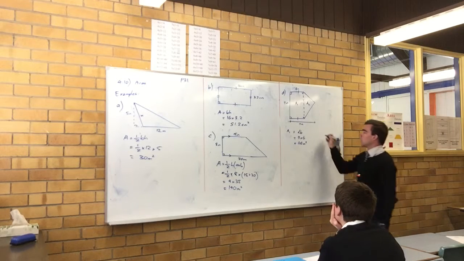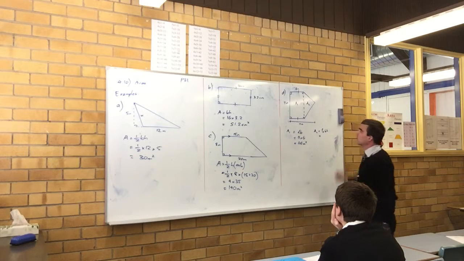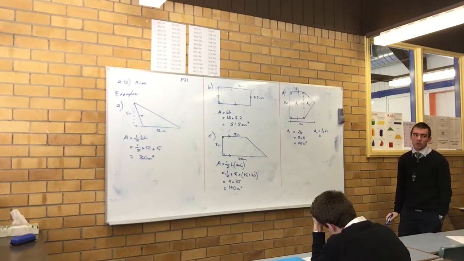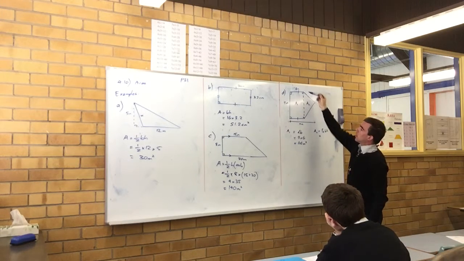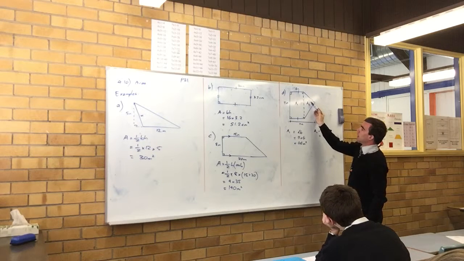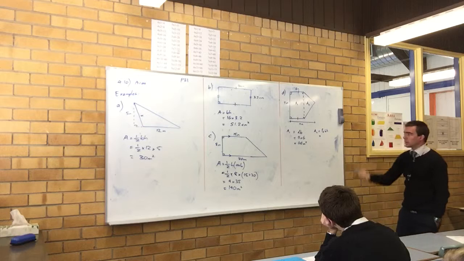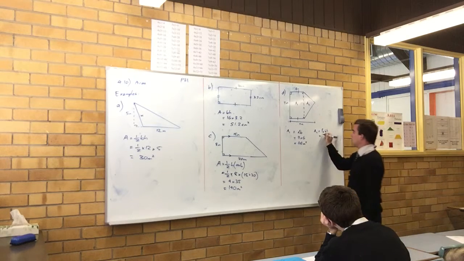Okay, so area 2, we've got a triangle, so half times the base times the height. So you've got to be careful what you make bases and height because you need the perpendicular height from the base. So if I let these diagonals that are drawn be the base, and then out here will be the height because these are the same dimension. Alright, so half